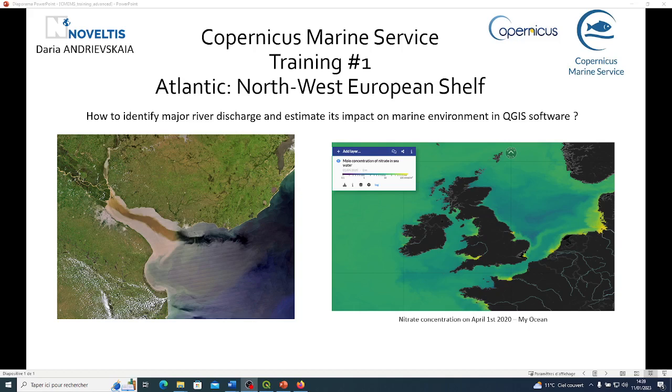And it is known that specific concentrations of different nutrients, such as nitrate, for example, are actually beneficial to the marine environment because they boost the growth of marine plants, which are source of food for marine species. But it's also known that excessive concentration of the same nitrates can actually severely damage marine environment. So today we will learn how to study, how to analyze these phenomena using Copernicus Marine Service products and QGIS